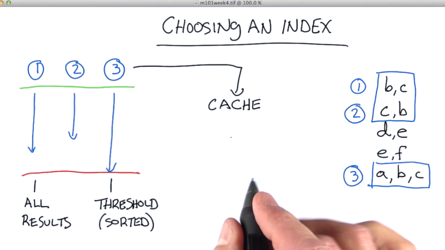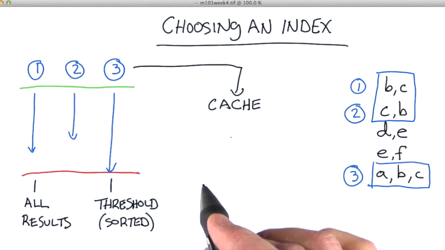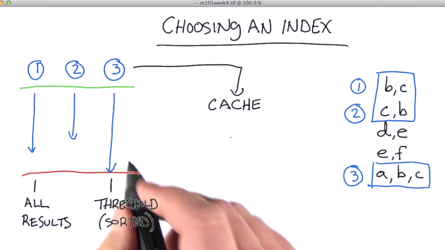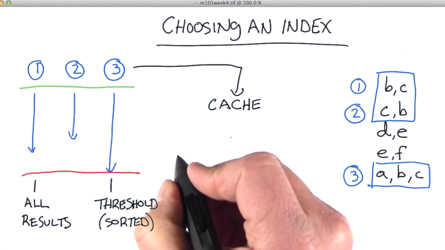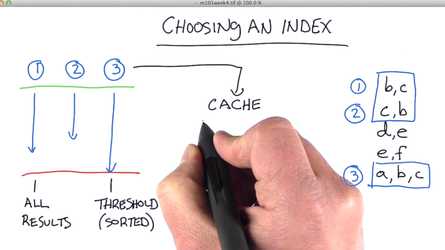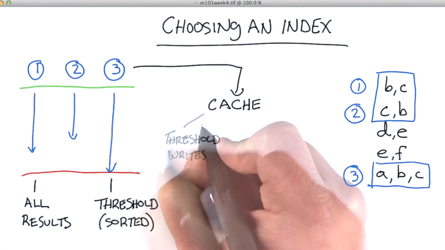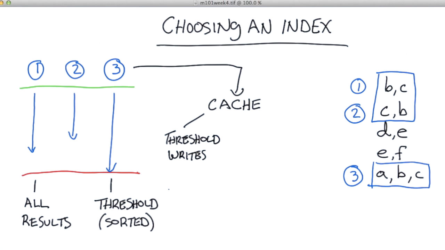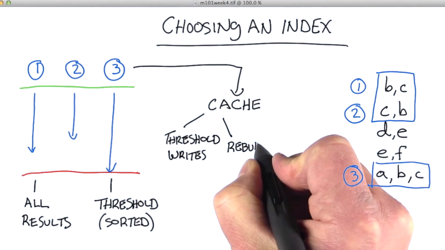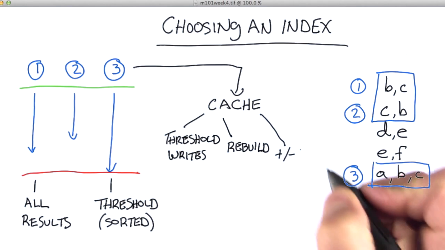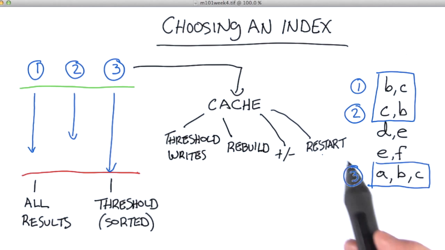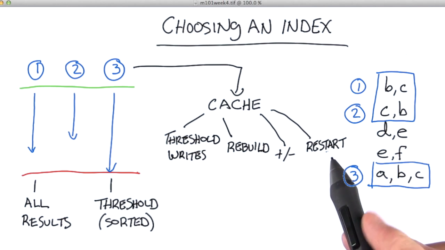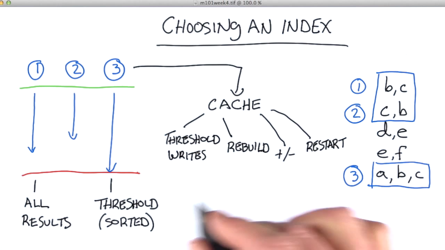Now of course over time, our collection changes, the indexes change, so we don't want this to necessarily be the index we use forever. So there are several ways in which a query plan will end up being evicted from the cache. One of those is if there are a threshold number of writes. Right now that threshold is 1,000 writes. Another way, of course, is if we rebuild the index, or if any index is either added or dropped from the collection. And finally, if the MongoDB process is restarted, we would also lose the query plan and other plans